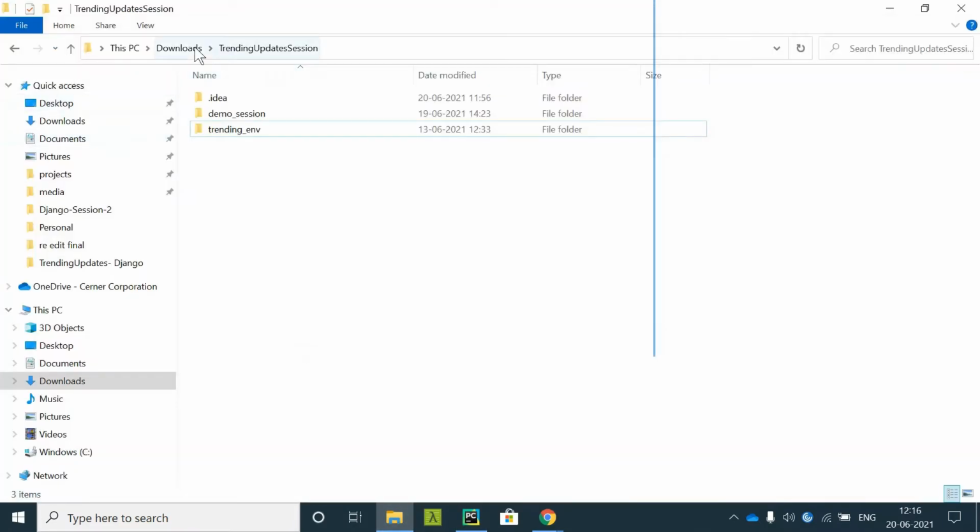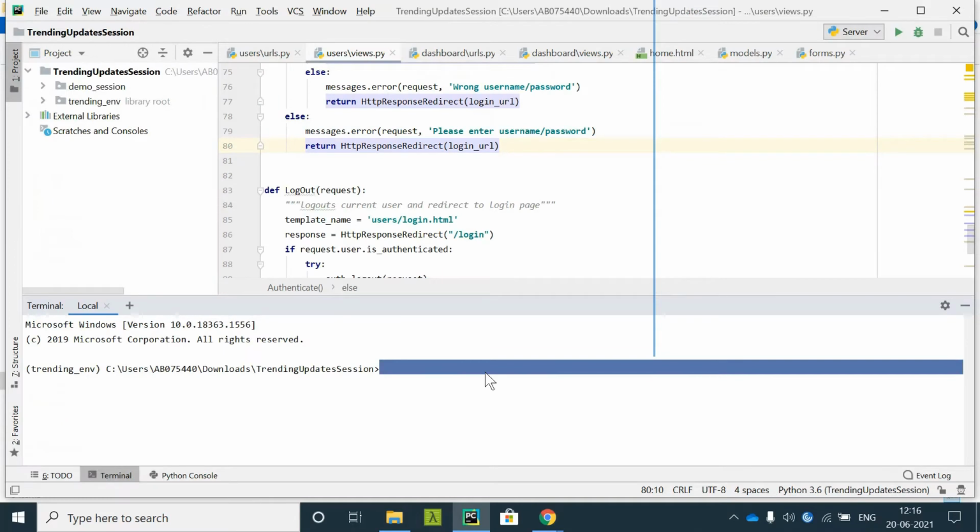This is how it looks: the trending update session folder, inside which we have one environment and the demo session project. We don't have to do anything with the demo session project as of now, and we'll leave it as it is, and we'll start creating the new project called online cart. And the trending environment is the same environment that we are going to use for this project.